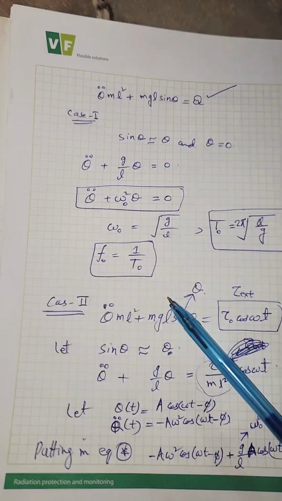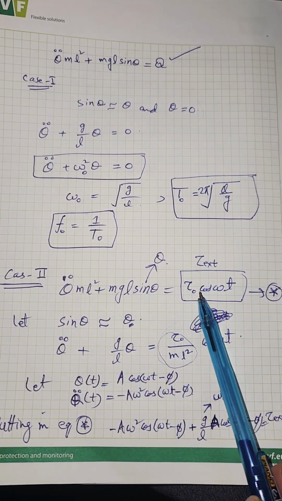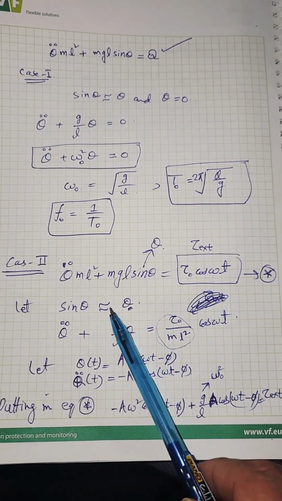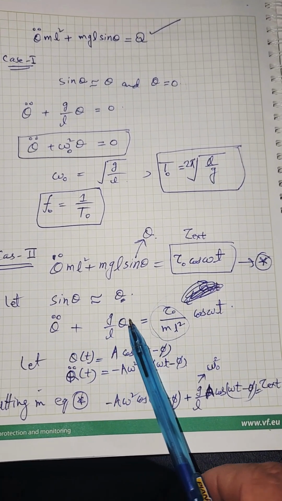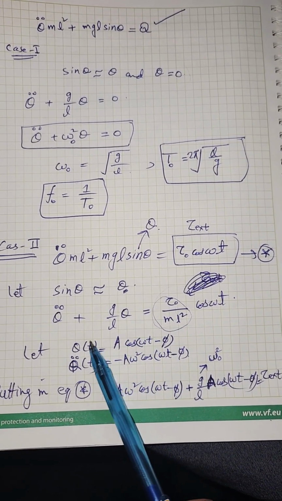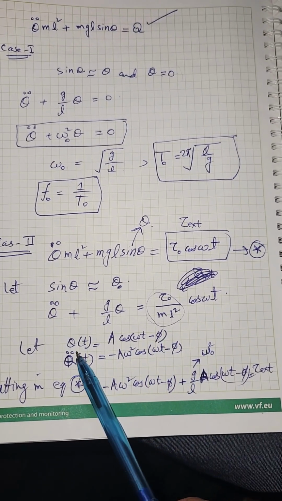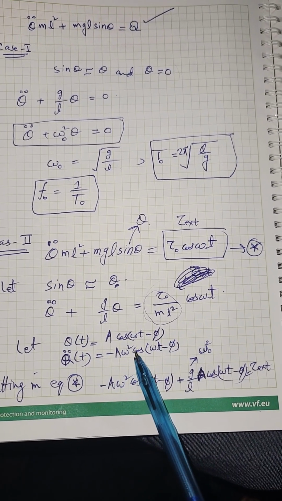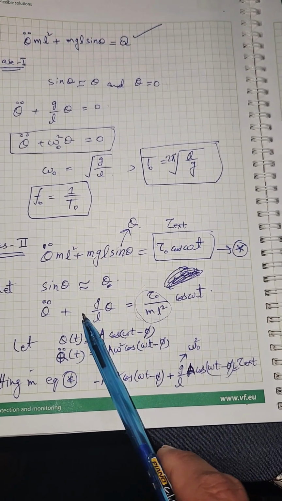In case 2, we consider the source term to be tau external, which is tau naught cos omega t. Here we also consider the small angle approximation. So theta double dot plus g over L into theta equals tau naught over mL square cos omega t. Let us propose a steady state solution: theta of t is A cos of omega t minus phi. Taking the double time derivative gives minus A omega square cos of omega t minus phi. Putting the values of theta and theta double dot back into this equation, we get